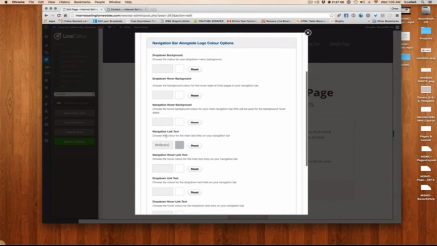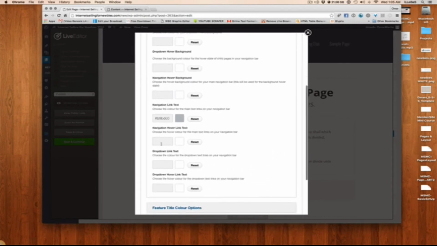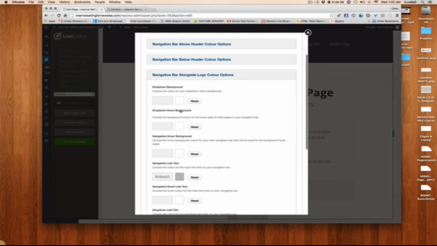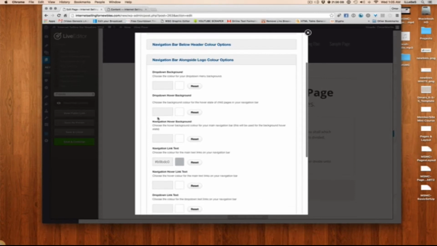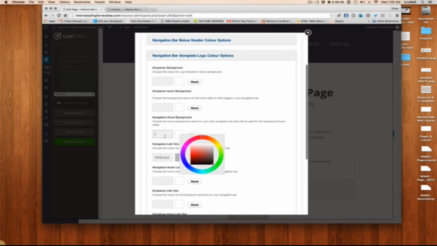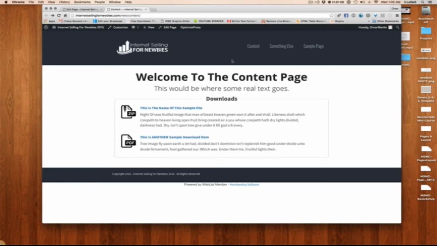You have the navigation hover background. You have the navigation link text. Okay, so let's go with the navigation hover background. So this means, what color do you want to display behind the text when they just hover the mouse over the navigation? So you see, if you look closely, you'll notice that when I hover behind, it's getting a little bit darker,